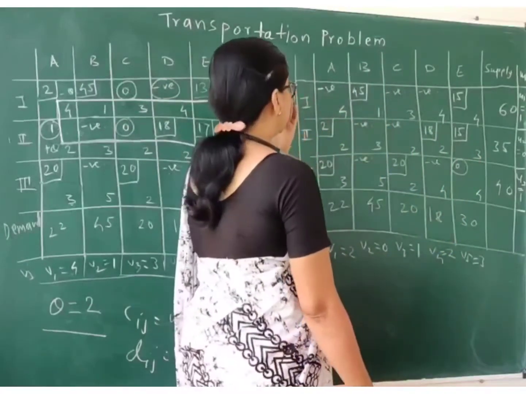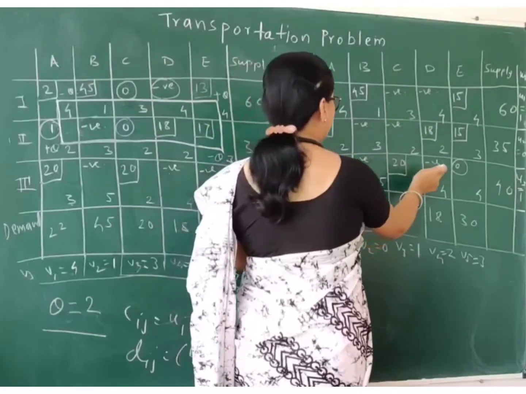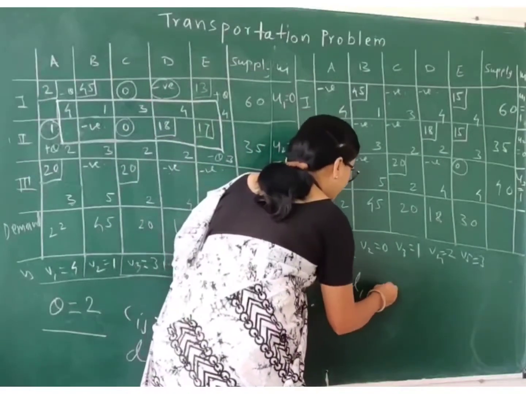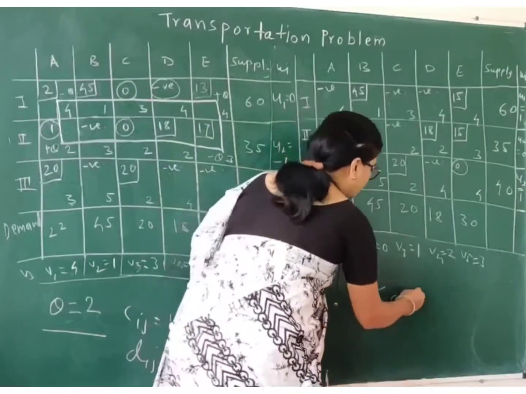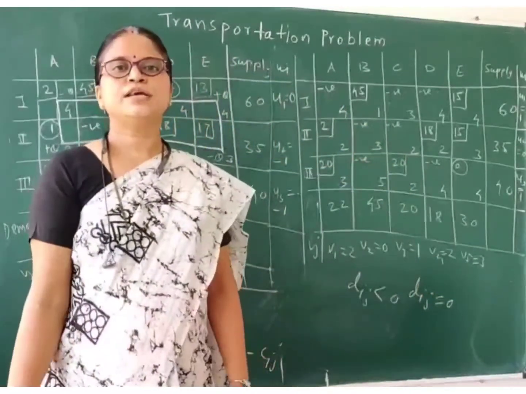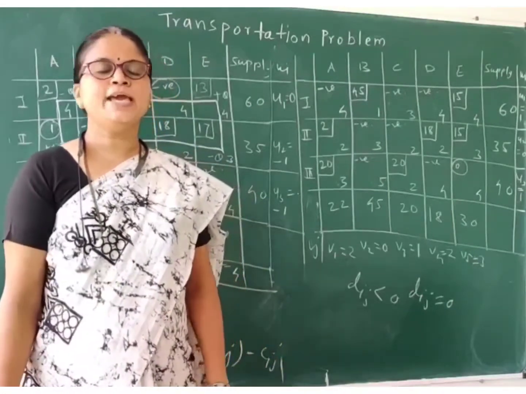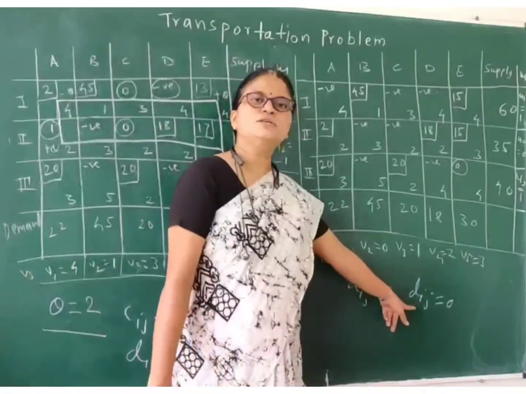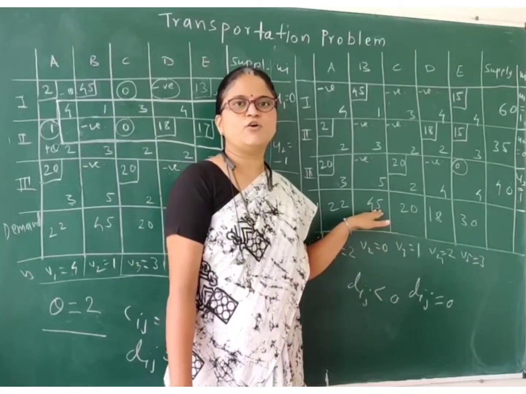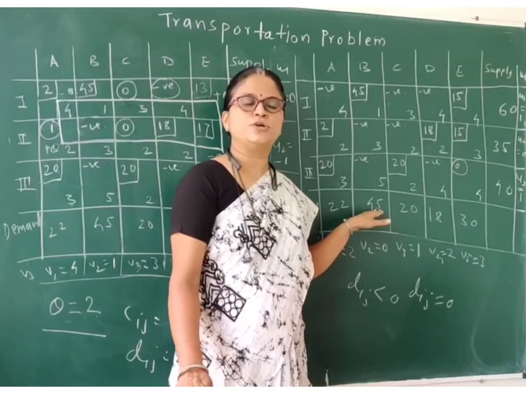Okay. Now observe the values of Dij. These are the values of Dij, and if you observe, all the values of Dij are less than or equal to 0, and one of the values of Dij is equal to 0. That means we have reached the optimum solution. An alternative solution may exist over here because one of the Dij is 0. So this current solution is my optimum solution for the given problem with minimum transportation cost.